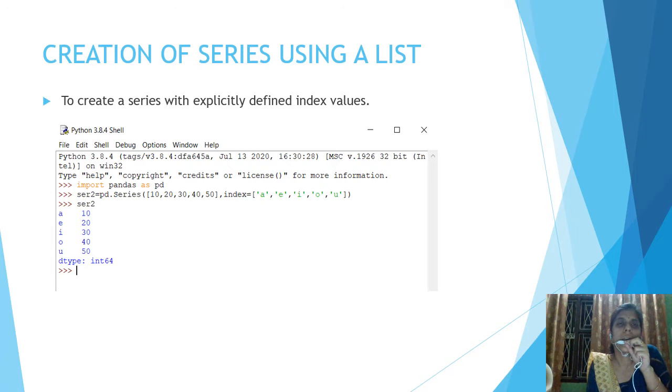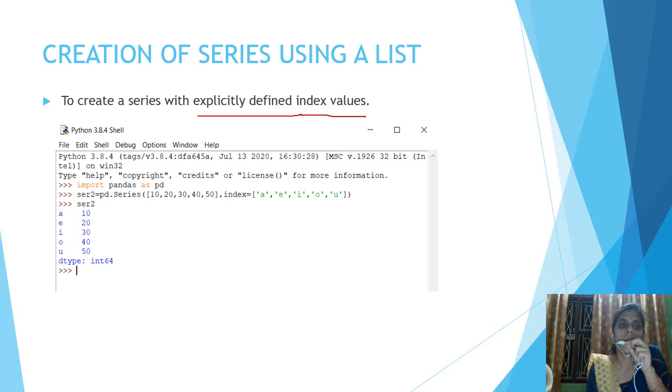Now we will create a series with explicitly defined index values. In the previous two programs, the index taken by the series object is automatic. We didn't declare the index whenever we were creating the series.